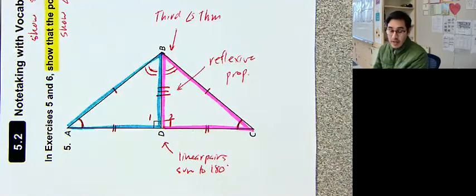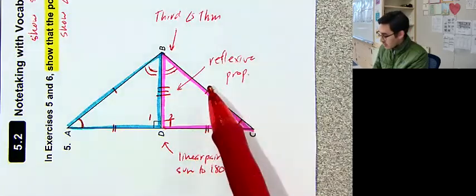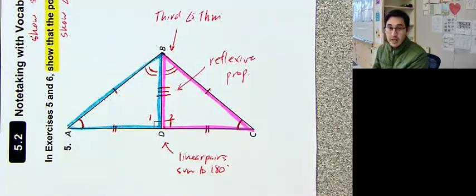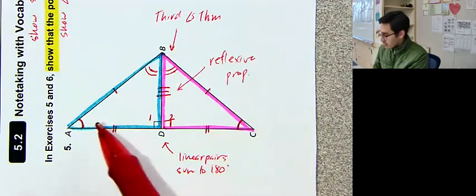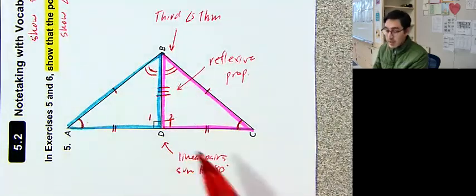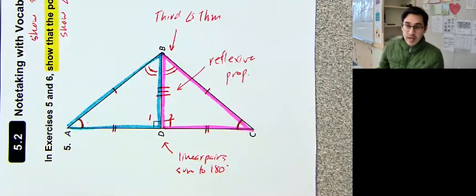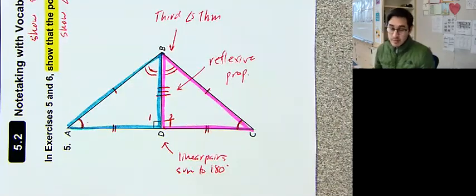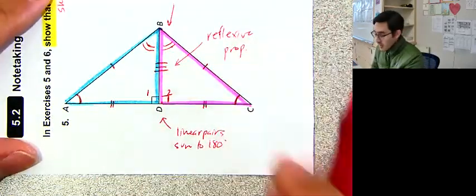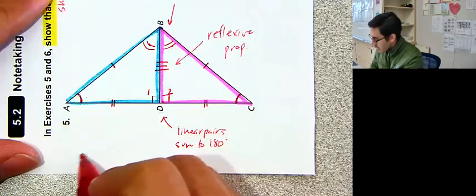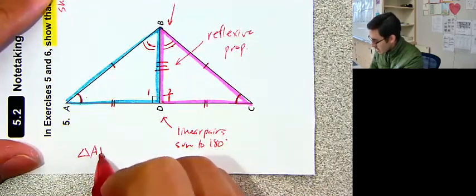And so now we've shown that these triangles have 3 congruent sides, 1, 2, 3, 1, 2, 3, and they've got 3 congruent angles, 1, 2, 3, 1, 2, 3. And because all the sides are congruent and all the angles are congruent, that means the overall polygon is congruent as well. So let's write a statement here. I'm going to say triangle ABD